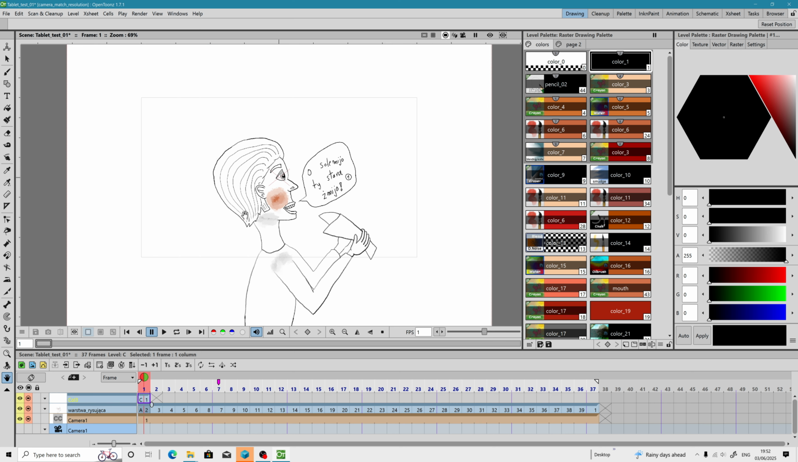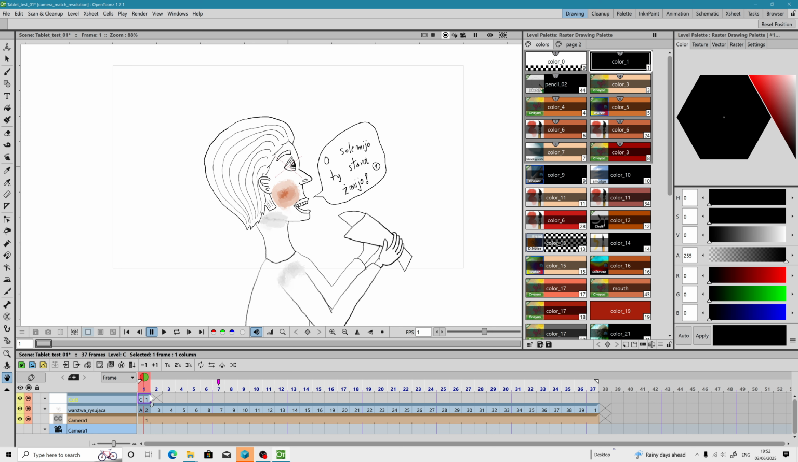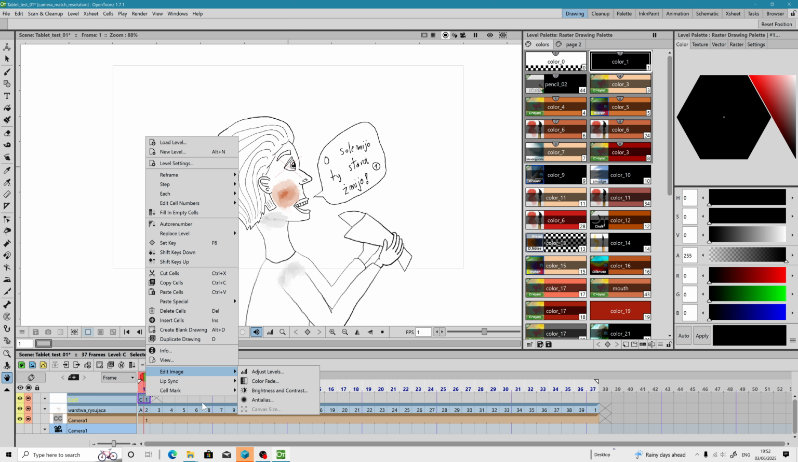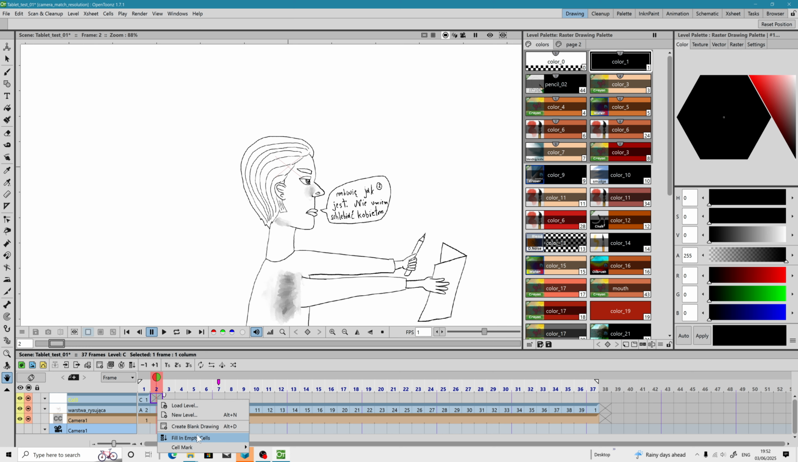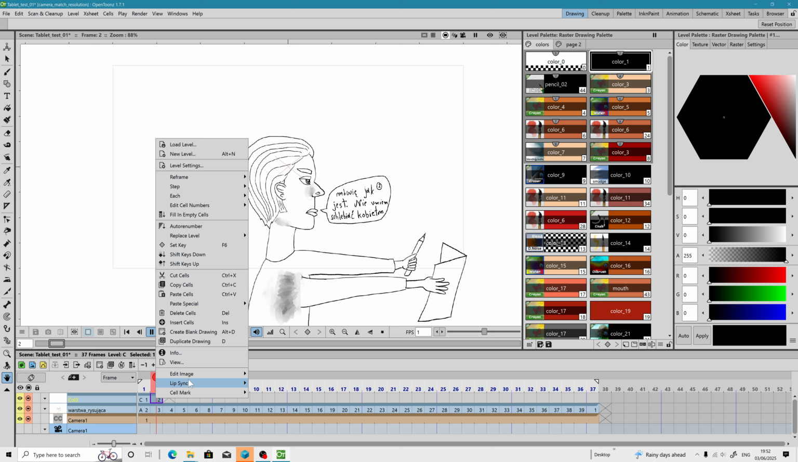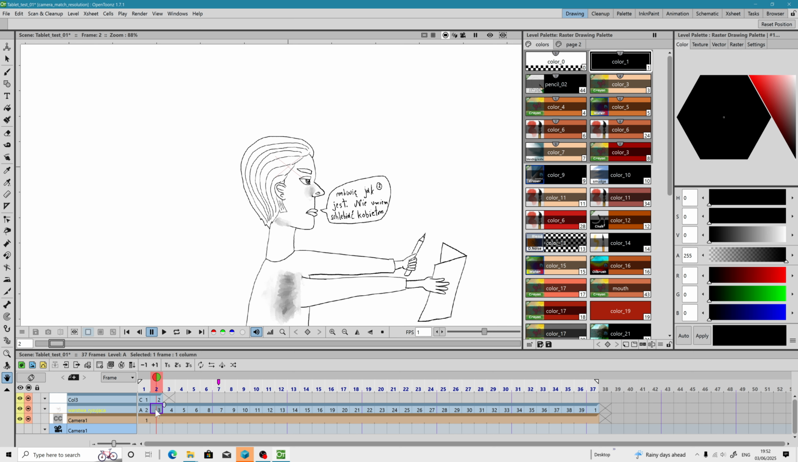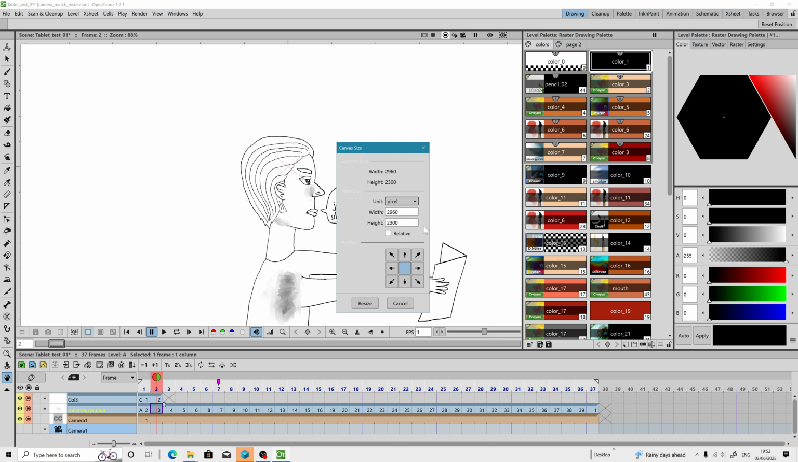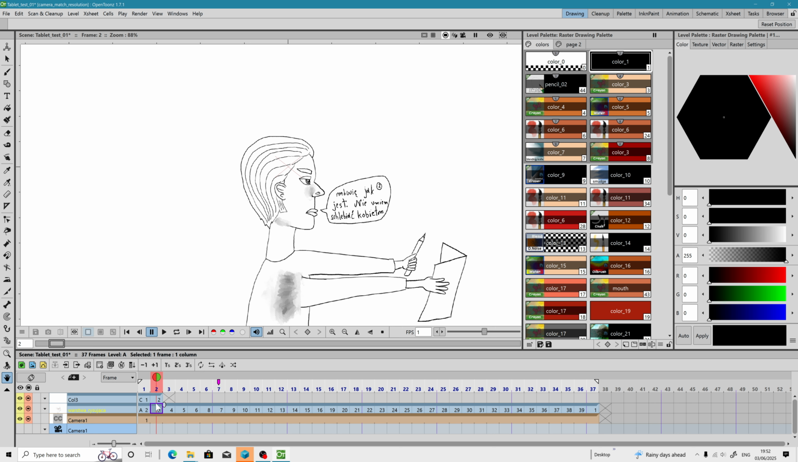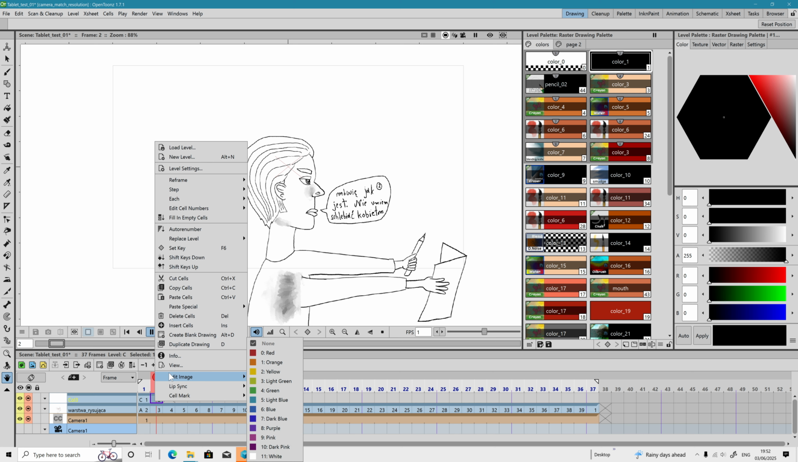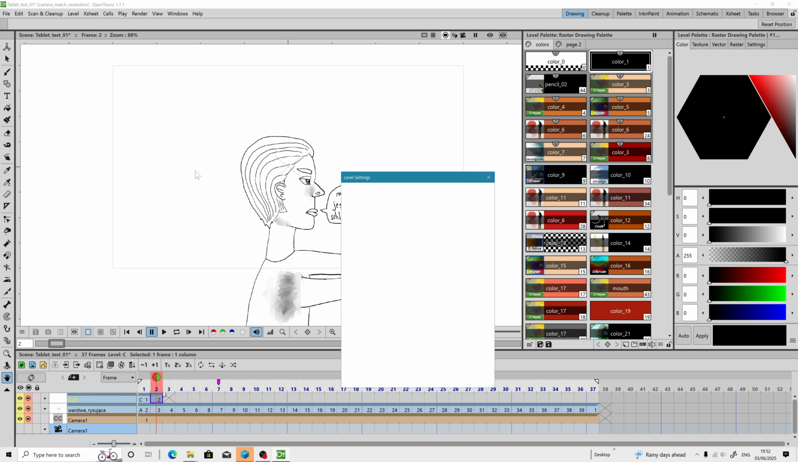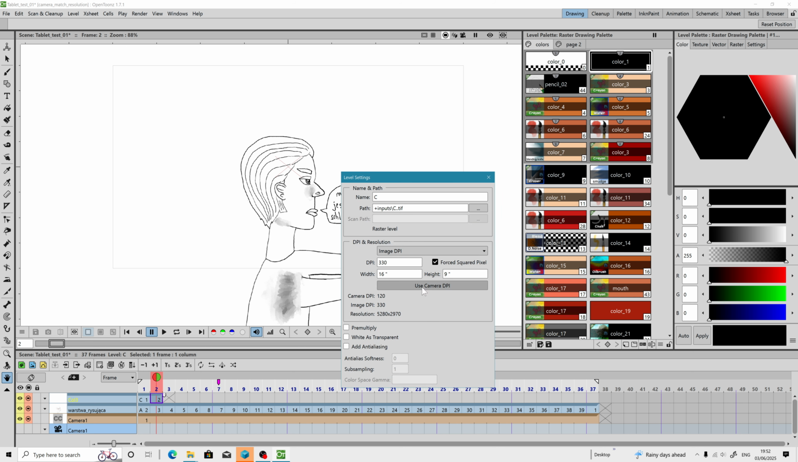And now this is what I meant. You don't see it in proper resolution. Let me check. Let me explain. Canvas size. It shows you not what we want. It must show the canvas size, which is on the bottom. So what I will do, level settings, use the camera DPI. I think after we use this,